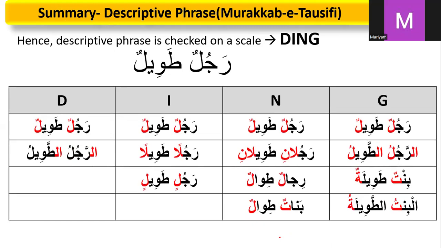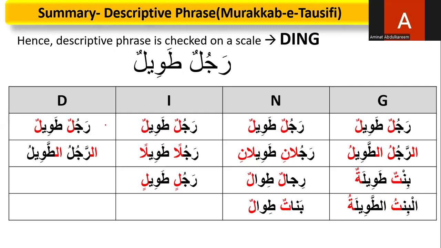So you need to keep in your mind that there are different kinds of phrases which we can make according to the DING properties. DING: D is definite, indefinite. Now if the noun is indefinite, the adjective is also indefinite. If the noun is definite, the adjective is also definite. So you can see the two examples here. Rajulun tawilun, indefinite. Ar-rajulu at-tawilu,